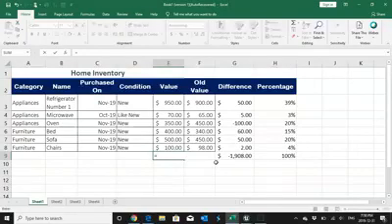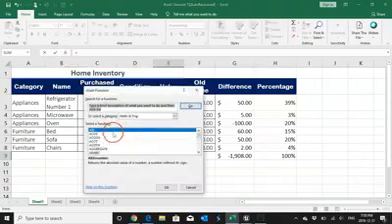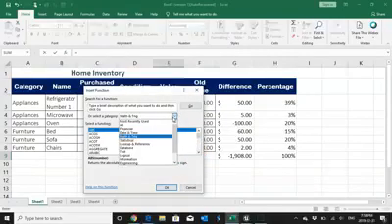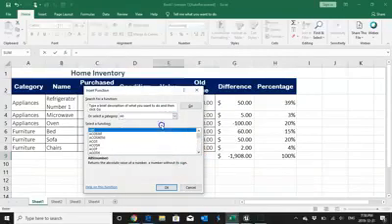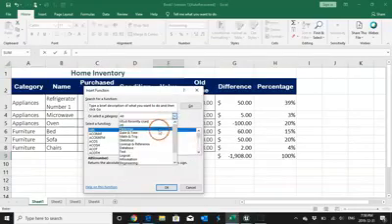Now there are a lot of functions available within Excel. How to find them? In Excel, you need to click on this FX button which is near the formula bar. Just click, and you will see there are so many functions available. So you just select the drop down. If you want all, you can just click All, and you will get all the functions which are available.